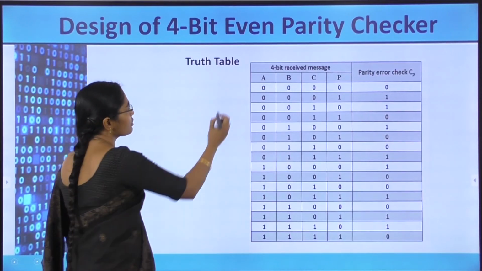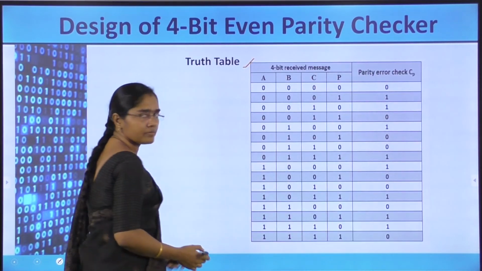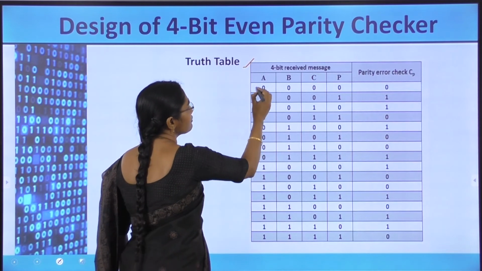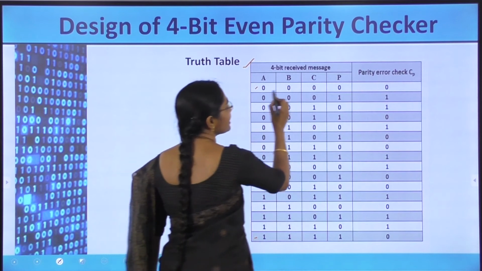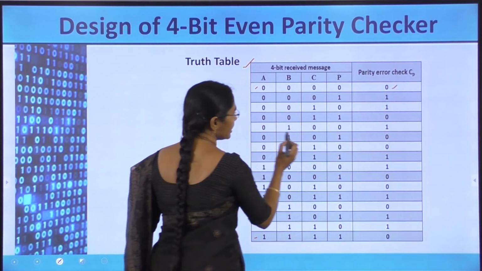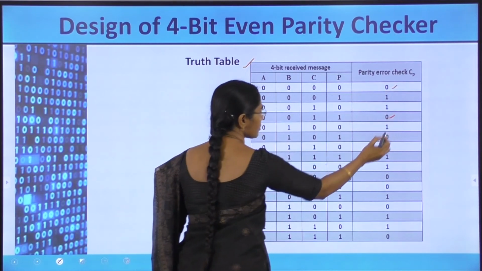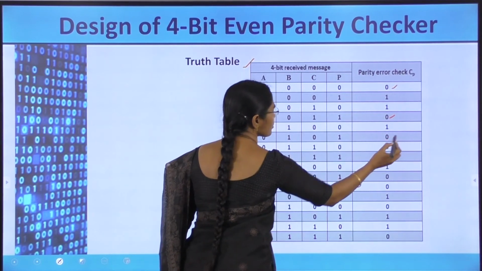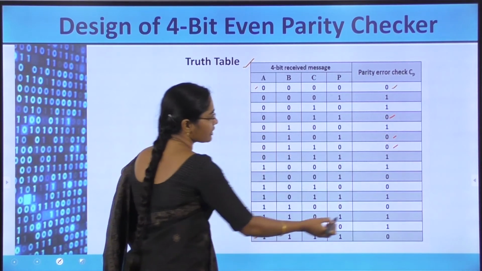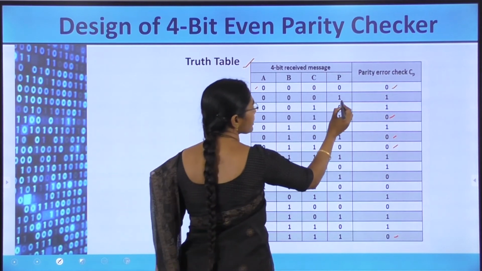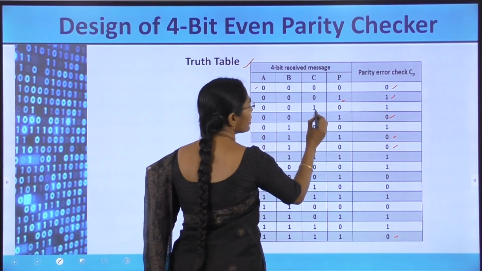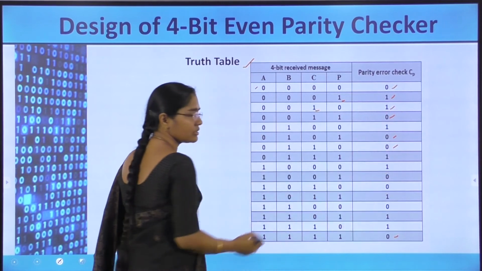Okay. So truth table, complete truth table. Complete truth table is from 4 zeros to 4 ones, 16 combinations. If an even number of ones are there, the output is 0: 0, 0, 1, 1, 0. Even number of ones, 2 zeros, 2 zeros. For an even number of ones, 0 is the output of the PEC bit, and for an odd number of ones, this is a single one, so 1. Odd number of ones, output will be 1.